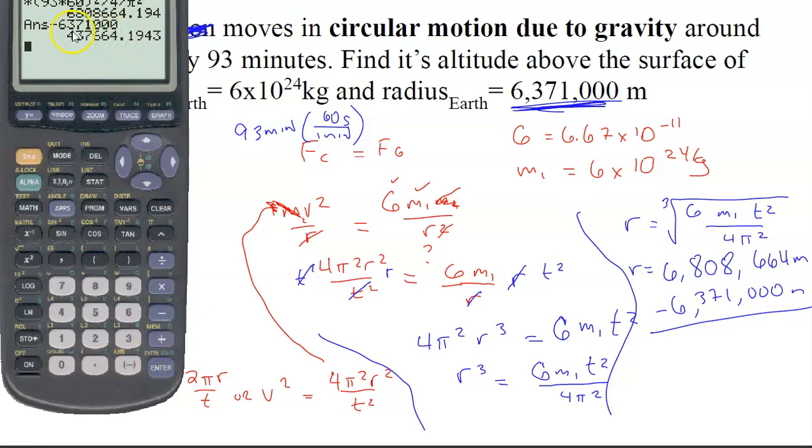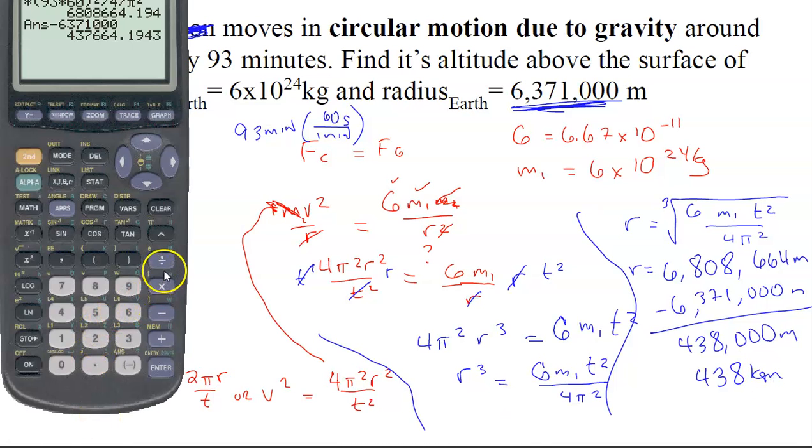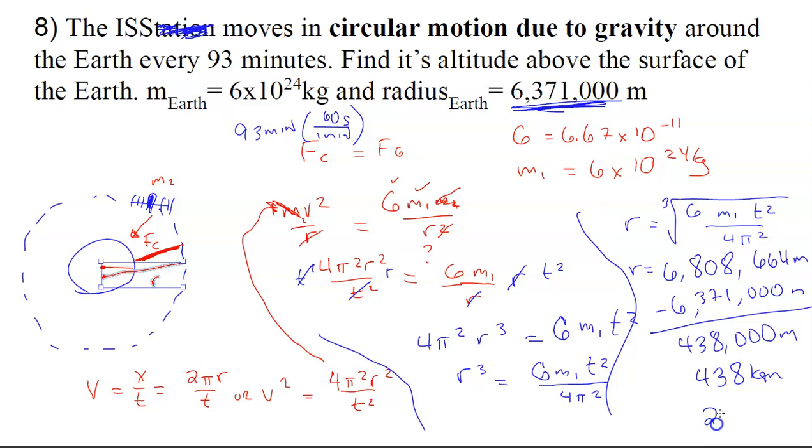And I'm going to get about 438,000 meters. I could also write that 438 kilometers. And just for kicks here, if I multiply that by 0.6, I'll get the number of miles. So about 263 miles above the surface of the Earth is